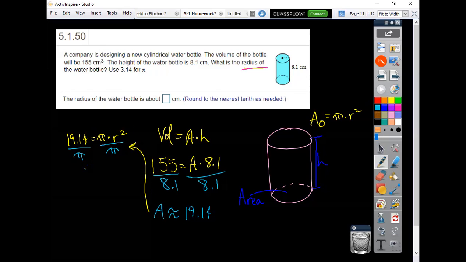I still have that 19.13580247 in there. I'm going to say divided by, and it says use, always important with pi to look back at the problem to see if they tell you what they want you to do. Use 3.14 for pi. So I almost was going to hit the pi button, but I'm doing divided by 3.14 on my calculator now